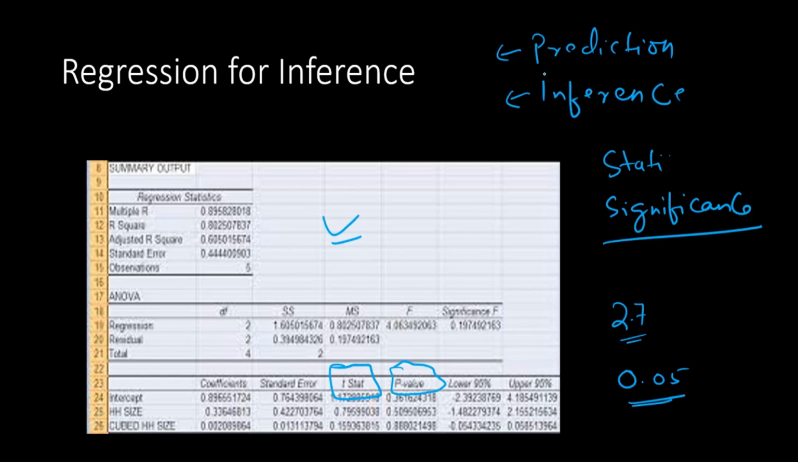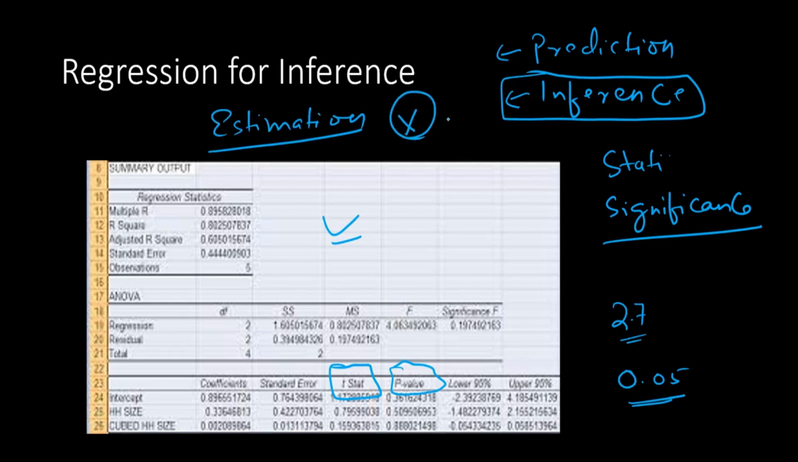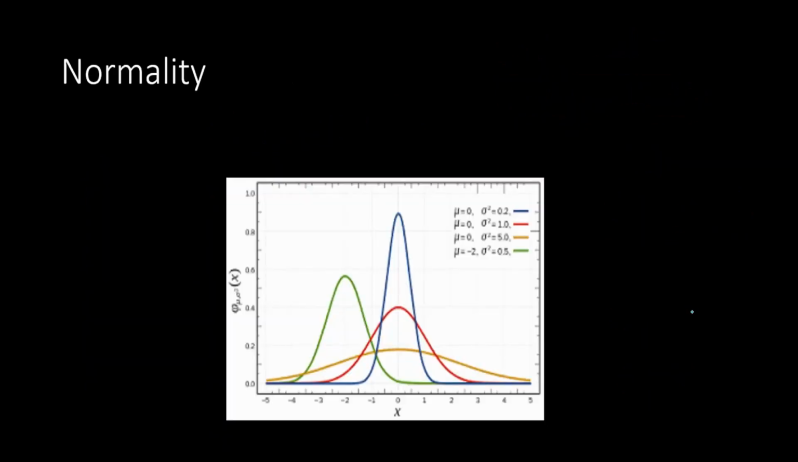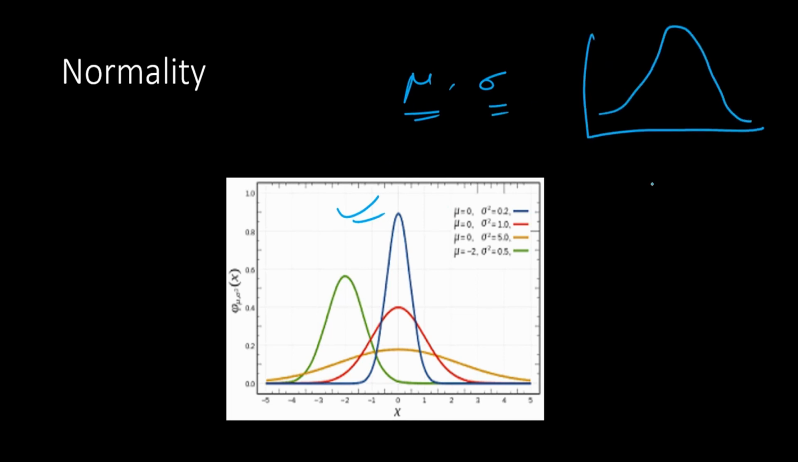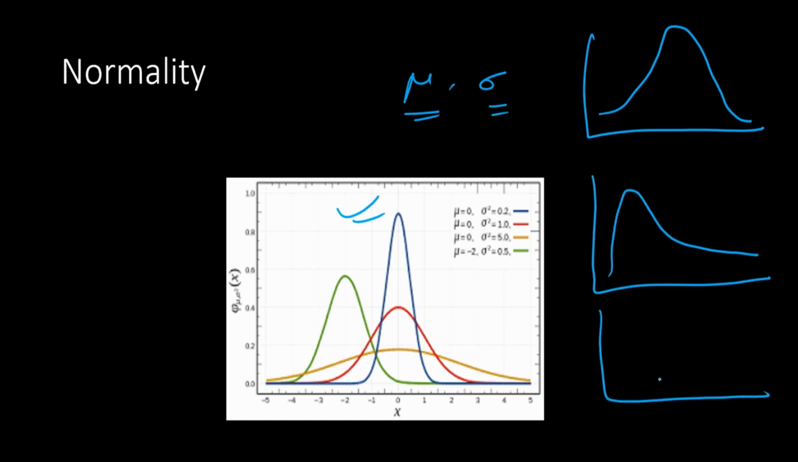Now if the intention is inference, then the assumption of normality is important to us. For estimation purpose, in order to estimate linear regression, you do not need normality. How does a normal distribution look like? So here are typical examples of normal distributions with different means and standard deviations. So we do not care what exactly is the value of the mean and standard deviation. All we care about is that the distribution should be bell-shaped. It should not be skewed like this or skewed like this. Okay, so it should be distributed normally